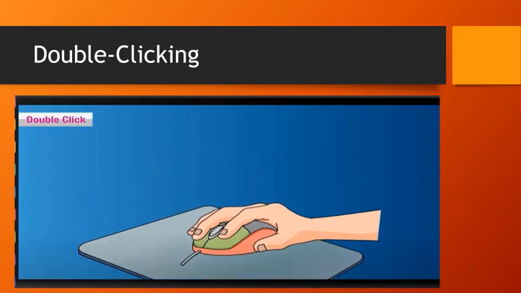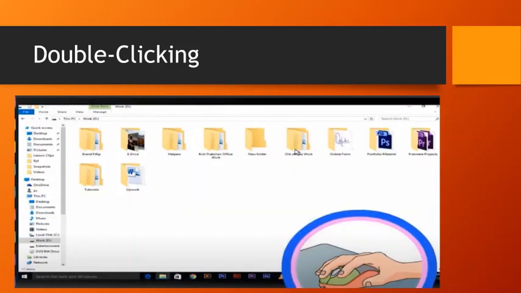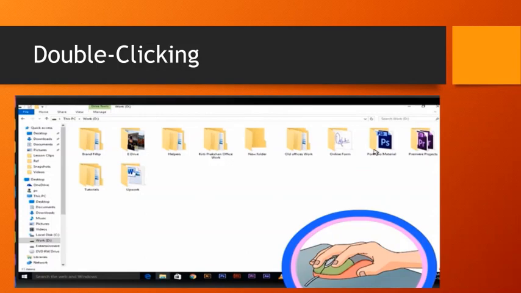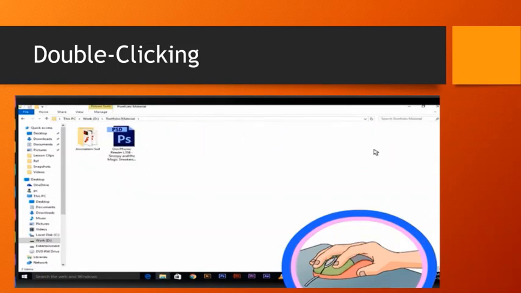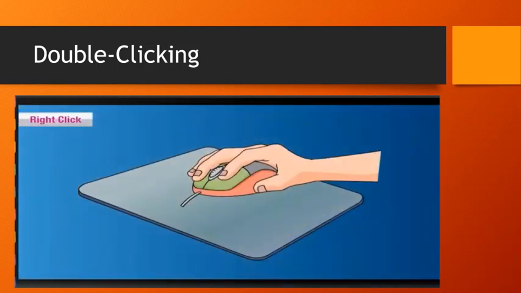Double click means pressing the left mouse button and releasing it twice. You have to press it twice. And double click opens a document or a program, right? We are using single click just to select the icon, right? But double click opens a document or a program. Here you can see in the picture, when you double click on a folder or icon, it opens a program